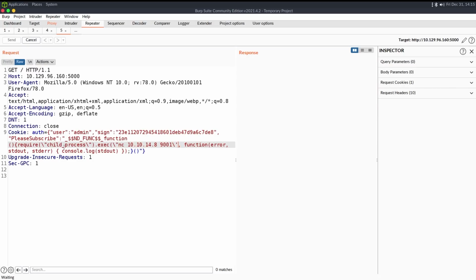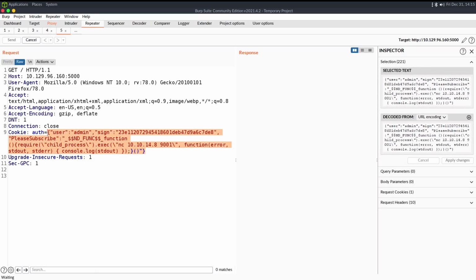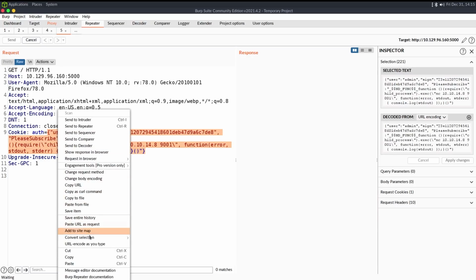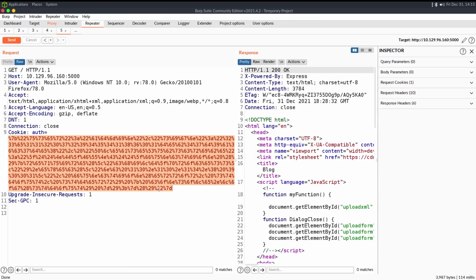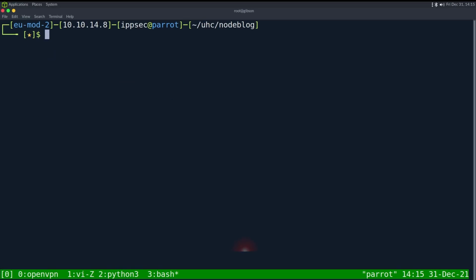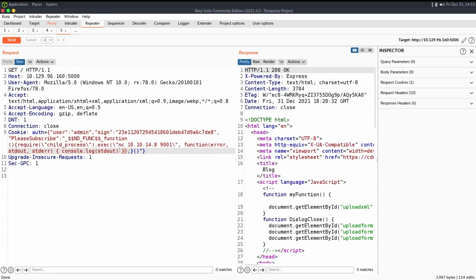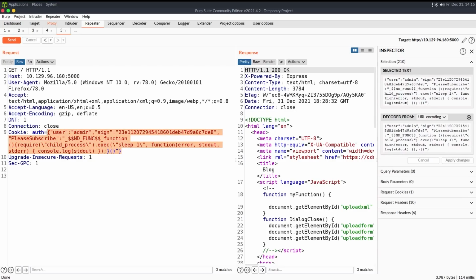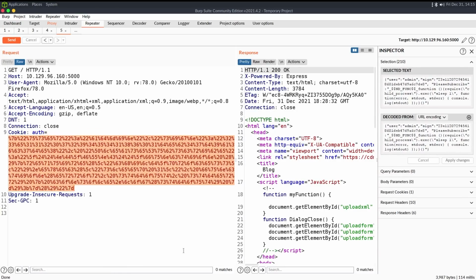And seeing if it works. Let's do URL encode. This entire thing. URL, all characters. It comes back, and we get a connection. So that is good. I'm going to try this sleep again real quick. So let's try sleep 1 and encode this whole payload. So convert selection, URL, all characters,